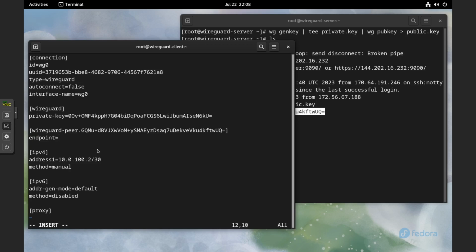So the endpoint is going to be your peer. That way WireGuard knows where to send the traffic. You can use an IP address or fully qualified domain name. I'm going to use an IP address. So that will be